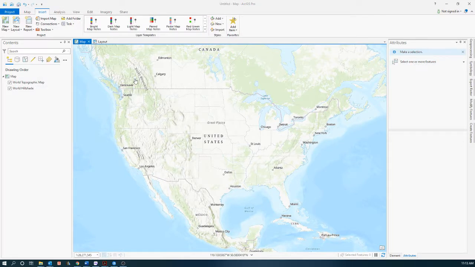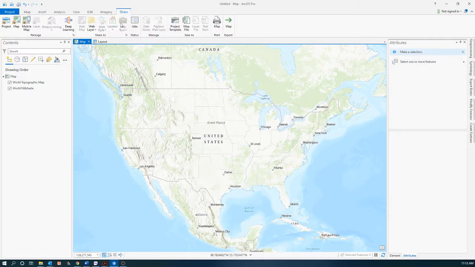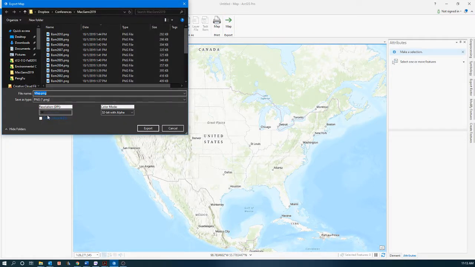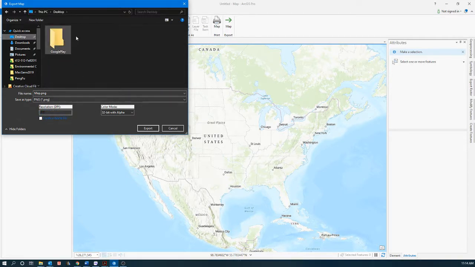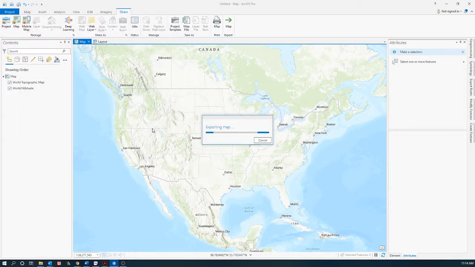So one thing that you want to try to do maybe is you could export this as a TIFF or a JPEG, right? You want to make it at fairly high resolution. I'll make it here on my desktop, and I'm just going to export it as an image. It's going to show the continental United States here. I'll export that image, and then I'll bring it back in to ArcGIS Pro and do a georeferencing or georectification